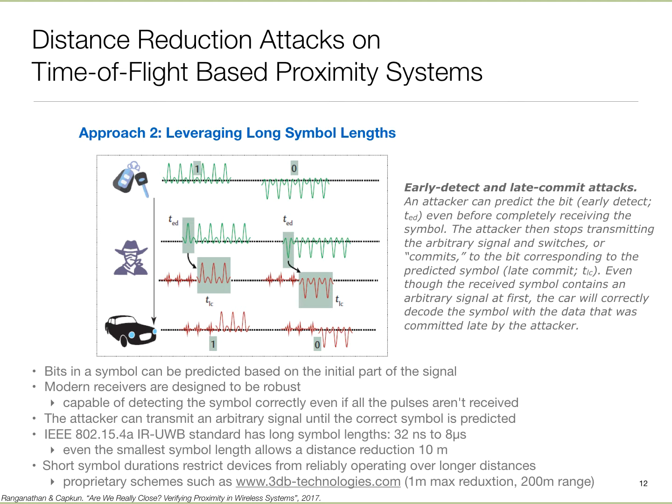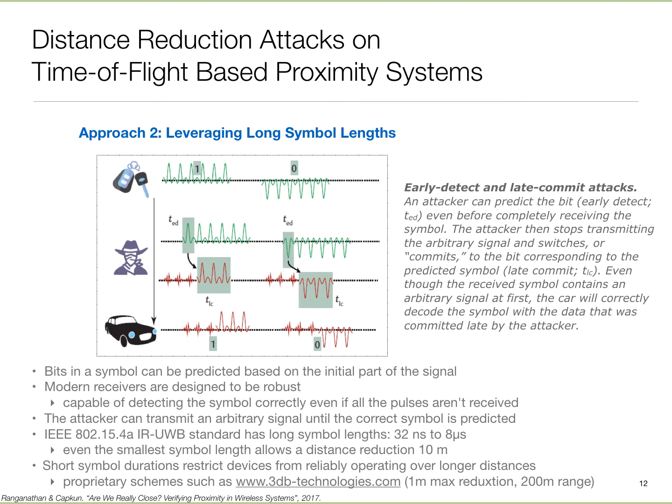That bit I'm sending, since it's stretched out, if the adversary has a good receiver, it can examine the opening part of that symbol and immediately know what bit it is. And so it's essentially able to say, it's a 1, I don't need to listen to the rest of it, because the rest of it is really meant for scenarios when we have a weak signal and stuff like that, right? So we are stretching that symbol out. So an adversary sitting close to the prover, or just with a better, more sensitive receiver, can examine the signal early on and know whether it is going to be a 0 or a 1, and then play it out. Okay, so now it can again get ahead.